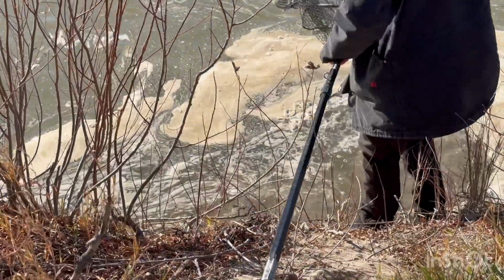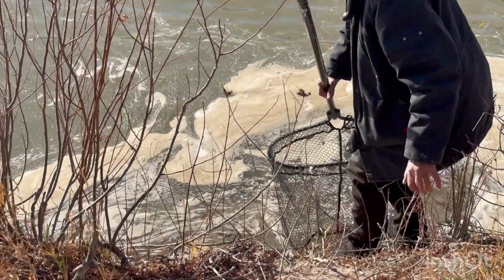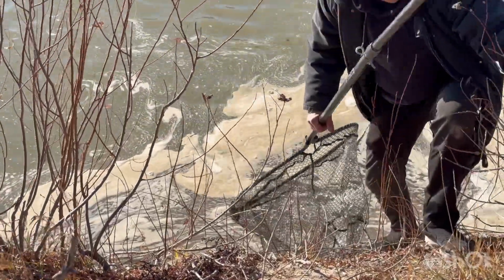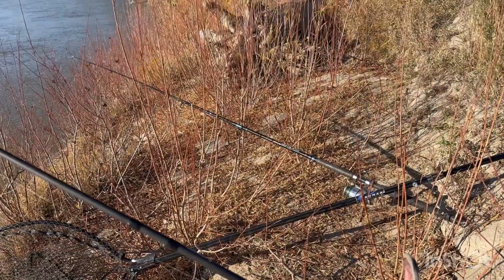Off he goes. 34-inch master angler catfish out of the Assiniboine River. Good catch. Thank you. So here's Henry's bruiser, which I just caught that big